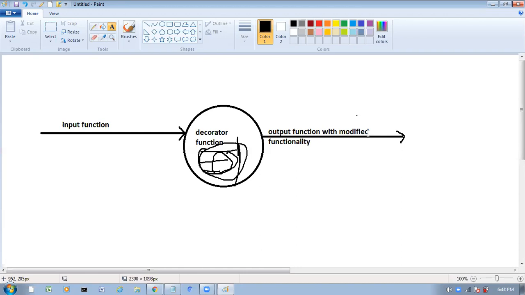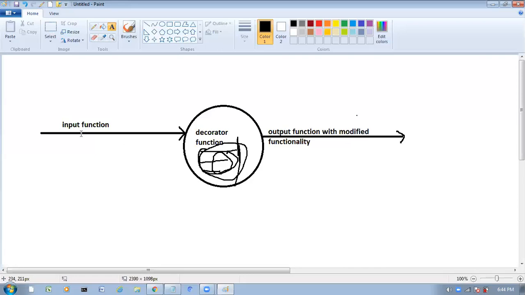Is it clear what we are doing? Decorator is a function. Simple example. One girl is there, Andy. So one girl went to a beauty parlor. How will she come out? Whoever entered that beauty parlor, the same girl only will come outside. But inside that beauty parlor, what's happening? Some makeup, some masala, some extra things are added to that girl. Finally, again the girl only comes out. Inside the beauty parlor, they do some makeup.